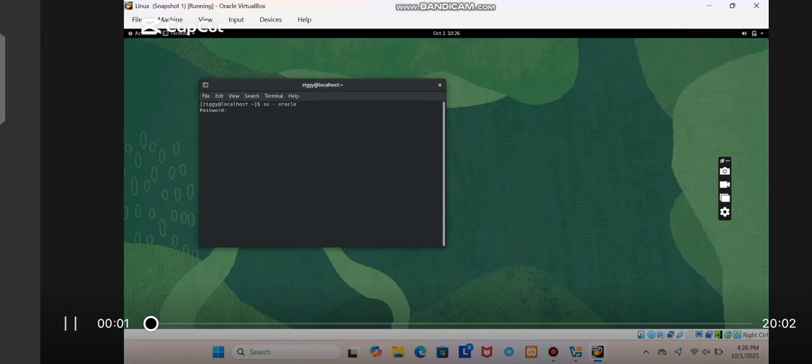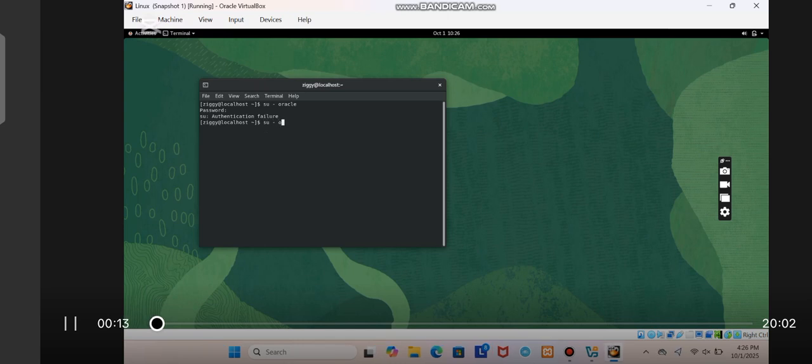Hey guys, we are going to create a database in Linux, creating an Oracle database. So here I have started by logging in as the Oracle user by typing su - oracle and then entering my password. After entering the Oracle user, I have to enter SQL*Plus. So I type the command sqlplus / as sysdba, but